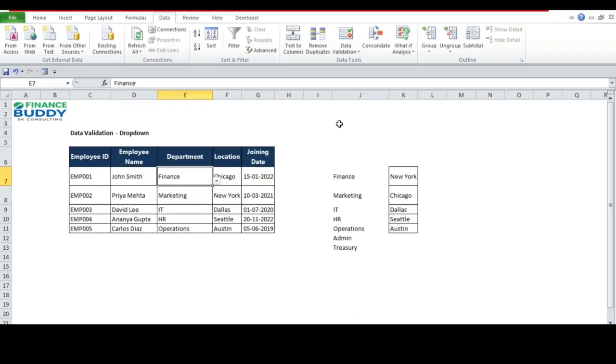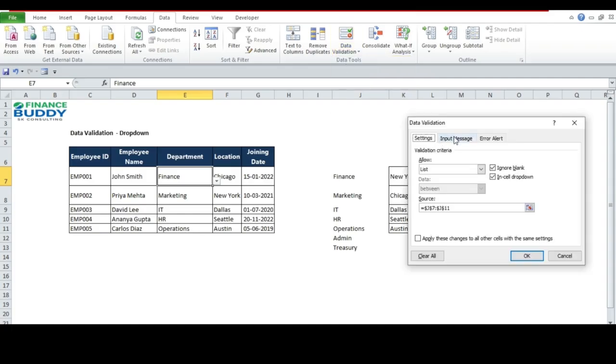Hello friends. In the previous video we covered data validation dropdown basic concepts. Most of it we have covered. Now we are going to cover the remaining part of it. In the previous video we looked at how to apply the dropdown, how to make it flexible enough to accept the inputs which are outside the selected data range. Now in this video we are going to cover